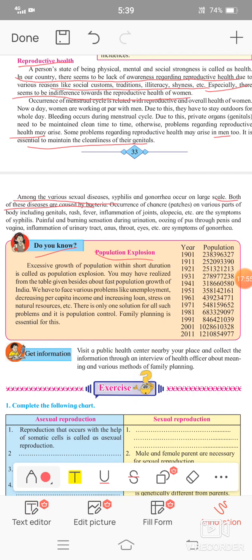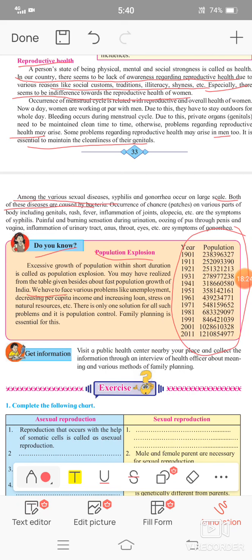Population explosion जे आपण म्हणतो ते कशा पद्धतीनं झालं, तर हा जो तुम्ही आकडेवारीचा चार्ट पाहिलात तर तुम्हाला लगेच कळेल की कशा पद्धतीने excessive growth of population within a short duration is called population explosion. मग हा लोकसंख्येचा विस्फोट असं का म्हटलं जातं, तर इथे तुम्हाला आकडेवारी कळेल की कशा पद्धतीने हे जगाचं population आहे आणि ते कशा पद्धतीने वाढत होतं आणि अचानक त्याच्यामध्ये कशा पद्धतीने growth होत गेली, तर हे त्यांनी सांगितलेलं आहे.